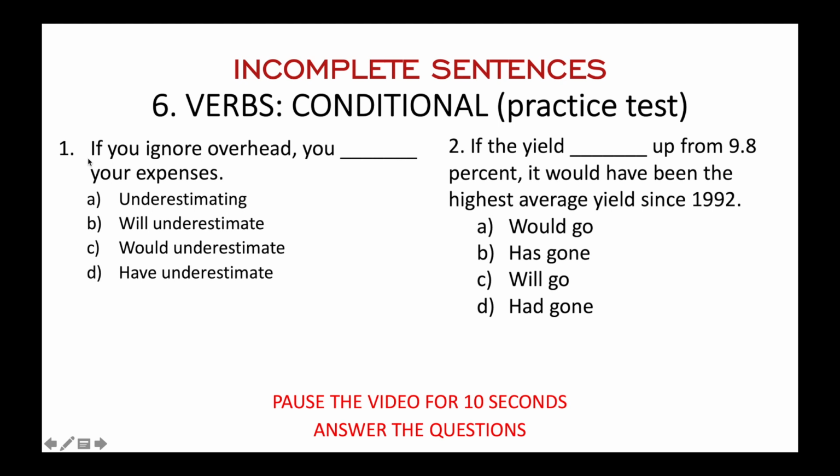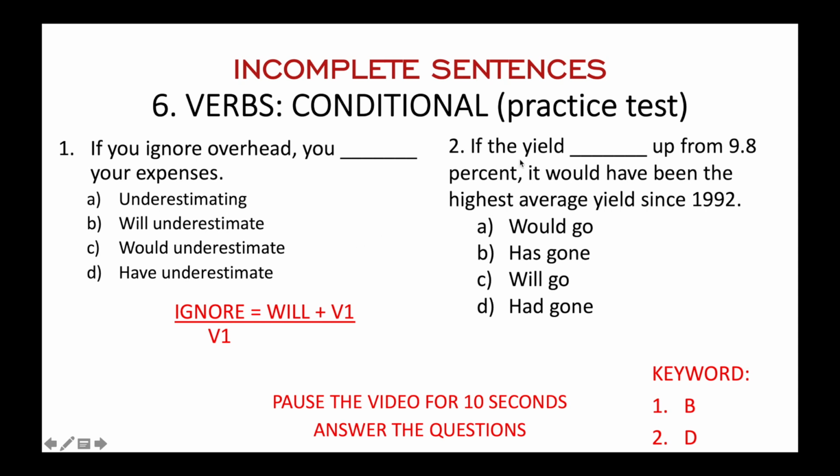Okay, in this case, the sentence uses verb 1. So if they use verb 1 in the first dependent clause, the next clause should be using will and verb 1. So the answer would be B, or will underestimate. The next one,